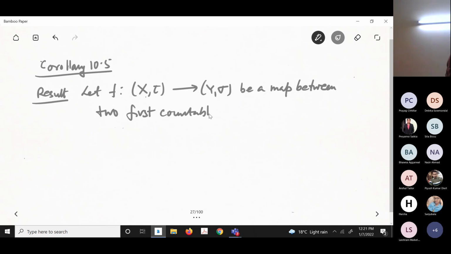Usually we say between two first countable spaces X and Y; you don't need to mention the topology again. Then f is continuous